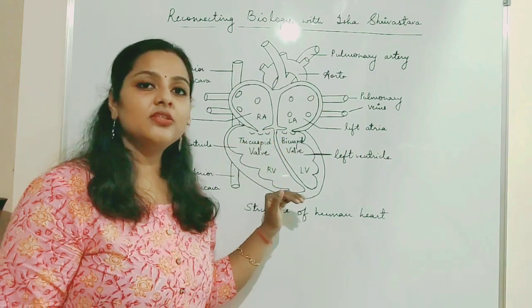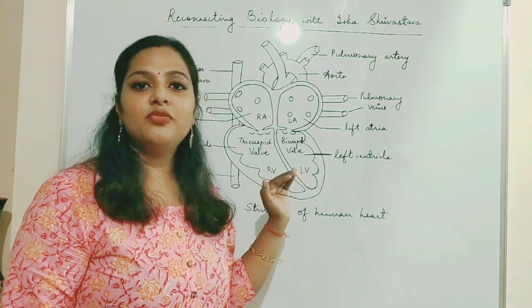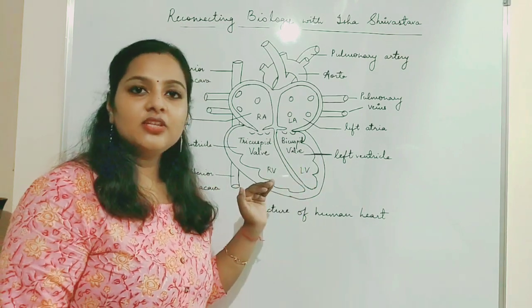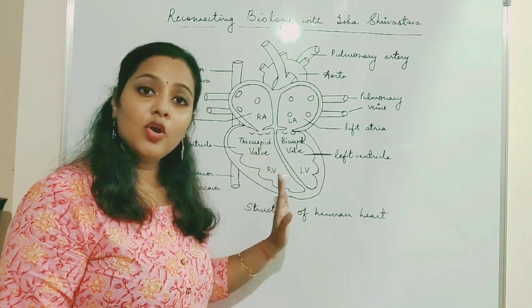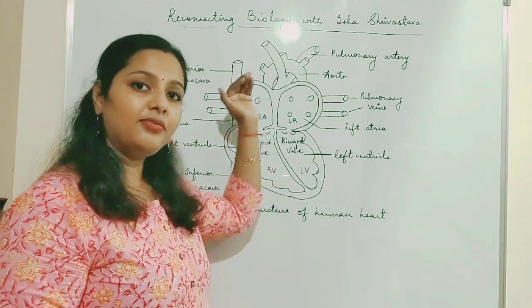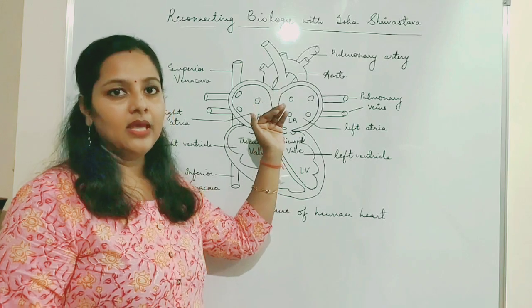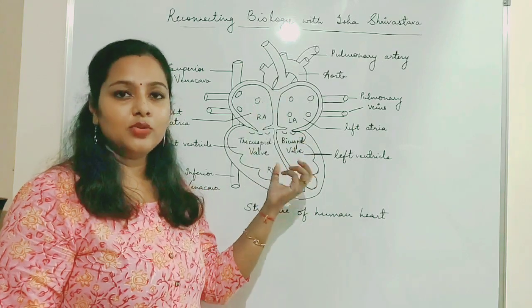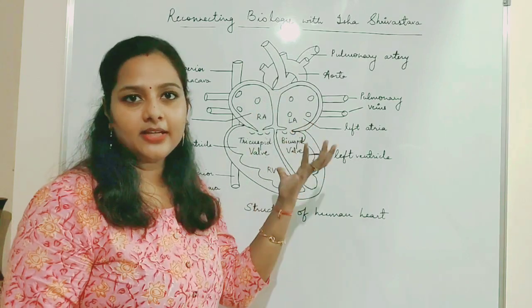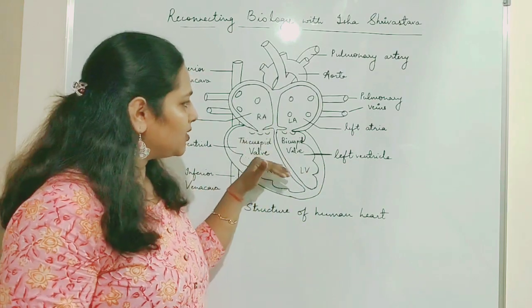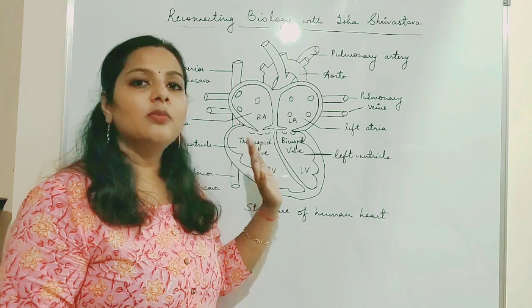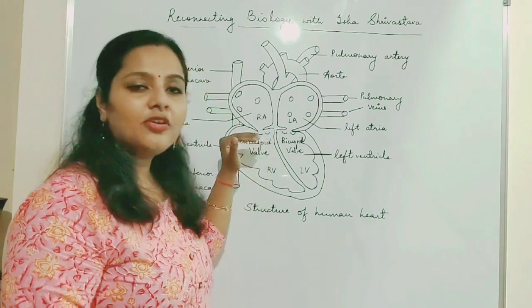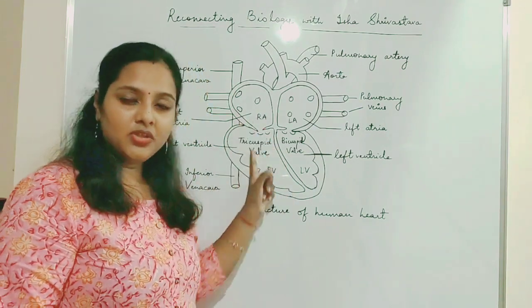These valves are present to ensure the unidirectional flow of blood, which means it is ensured that the blood flows from the upper chamber to the lower chamber and it does not backflow into the upper chamber. Because the heart keeps on pumping, there might be a chance wherein the blood from the lower chamber is slipped back to the upper chamber. To prevent that, there is a presence of the tricuspid valve, which will ensure unidirectional flow of blood.